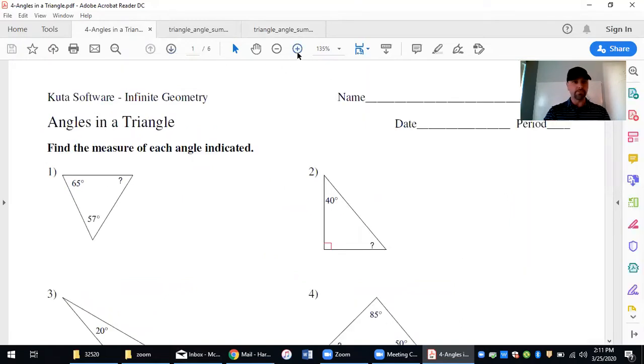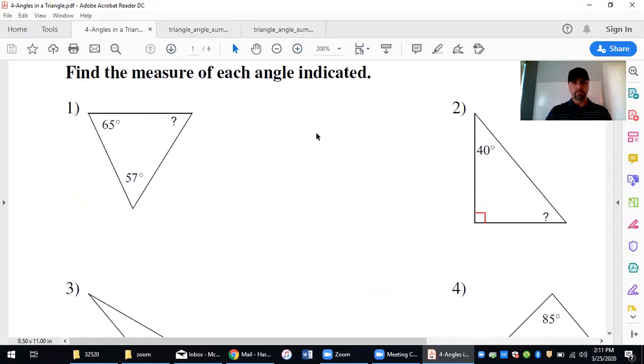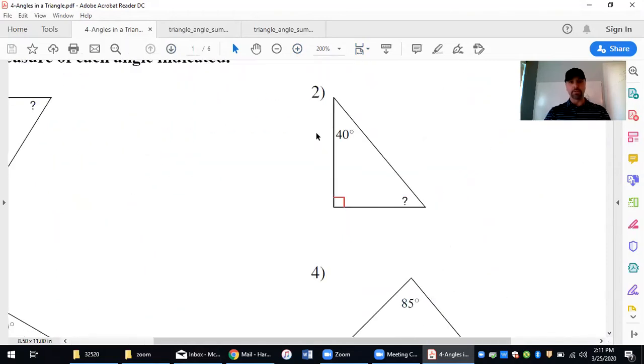Zoom in. How about we look at number 2 quickly? Okay, go ahead and pause it if you haven't already, and come up with this third angle. Okay, so now that you've paused it,